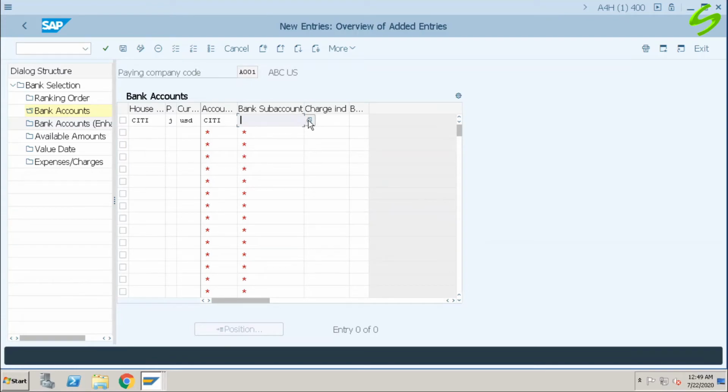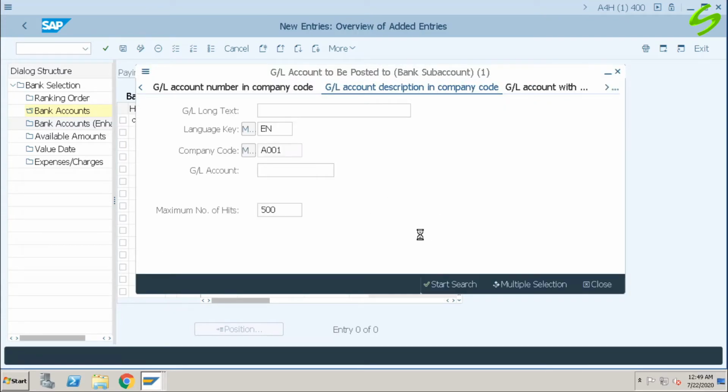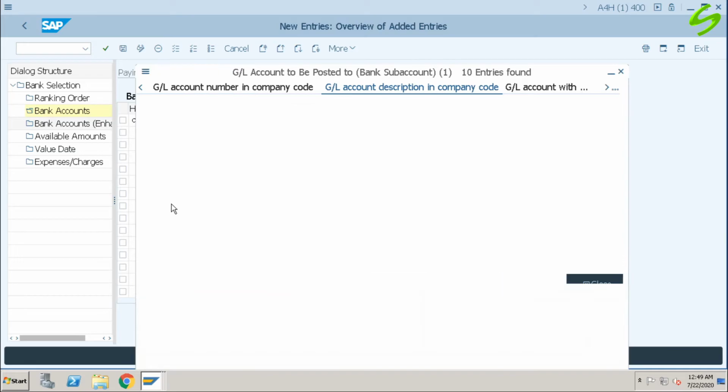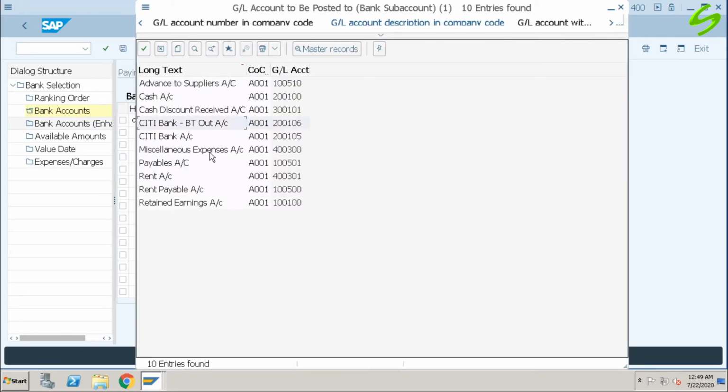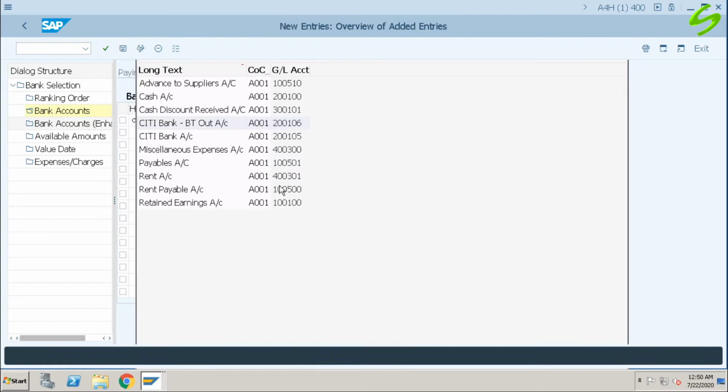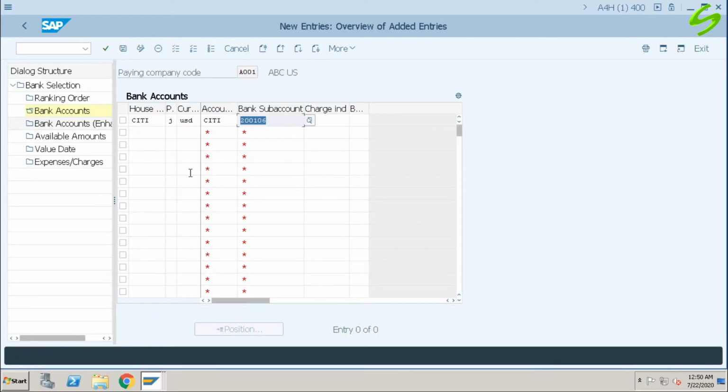And my bank sub account is Citibank out. This is used for outgoing payment. Bank transfer BT out, meaning bank transfer for outgoing payments. 200-106. Enter. Save.